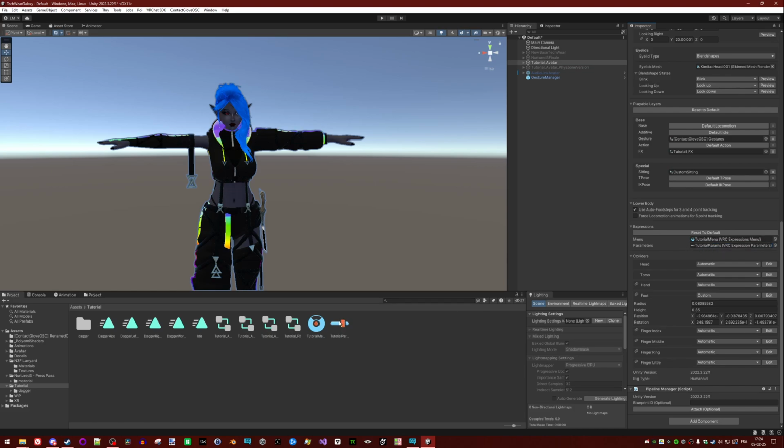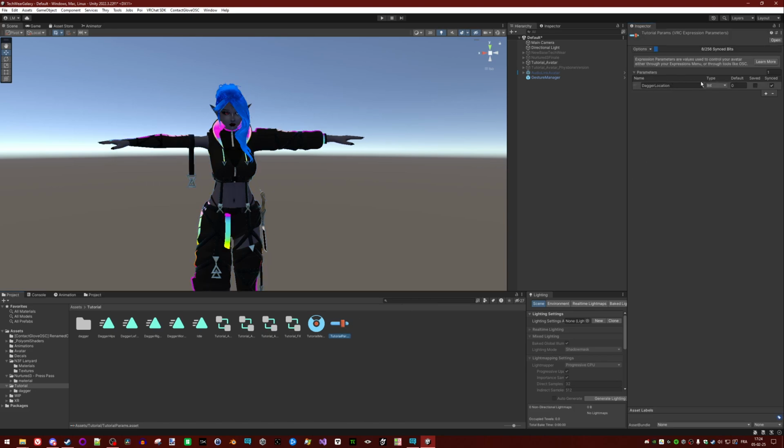So let's open the parameters here. It's already there, but to create it you just click the little plus, you type a name, you select int. It's dagger location. Dagger location will be the parameter that will manage the dagger location. It's int default 0. It's not saved, but it's synced.